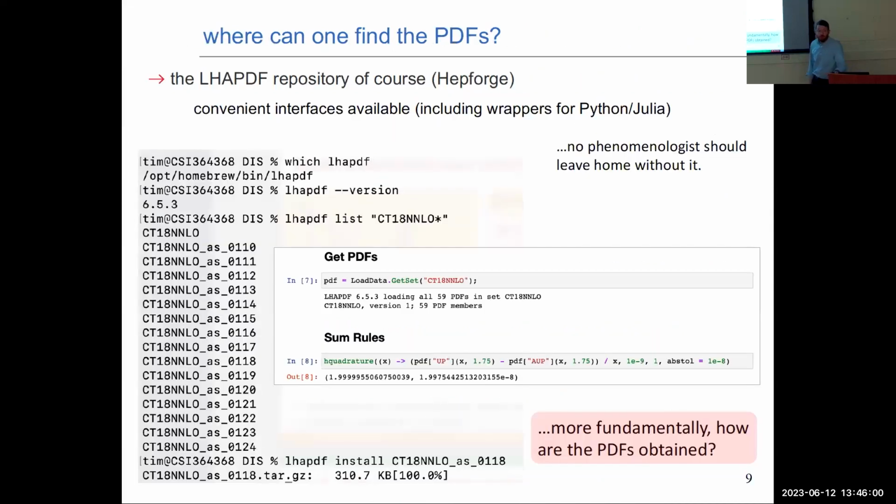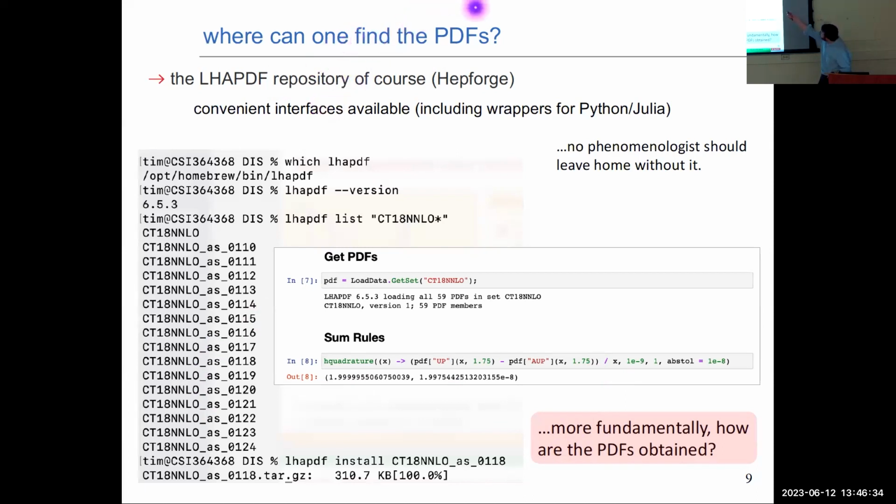Now, I can ask you in a more practical sense, where exactly do you get the PDFs? How do you find them? Well, you just go to LHAPDF, as I suspect many of you have done, and you download them. Okay, have any of you done this? Have any of you used LHAPDF? Show of hands. So some of you. So this is a useful skill to have, no matter what you do, theorist or experimentalist. If you do any sort of phenomenological calculation, or you care about generating events where you have colliding hadrons of some sort, then in general you'll need this.